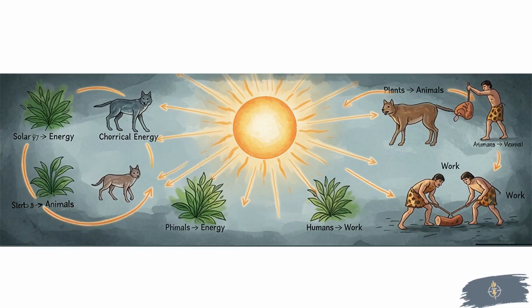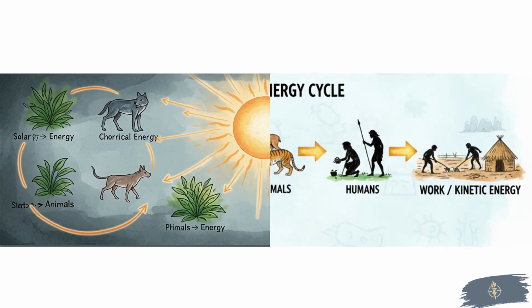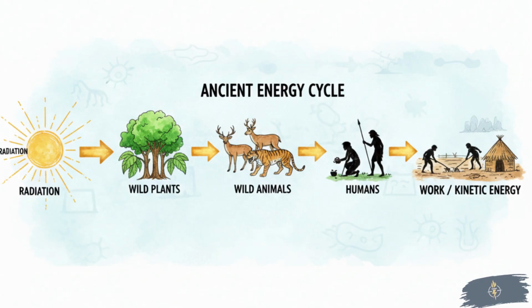Let's take a look at how the energy cycle worked throughout history and how the sun is actually the ultimate source of all energy. For over 100,000 years, humans lived more or less like animals. That changed with the cognitive revolution. Back then, solar energy reached Earth as radiation. This energy got stored as biological energy in wild plants. When plant-eating animals consumed those plants, the chemical energy moved from the plants into the animals. This cycle continued, transferring the energy into wild animals and eventually into humans. Humans then converted this energy into kinetic energy, or work. For most of human history, this was the energy cycle.